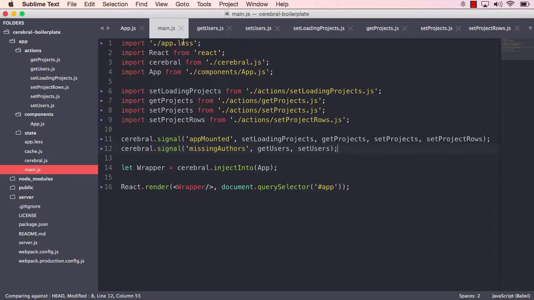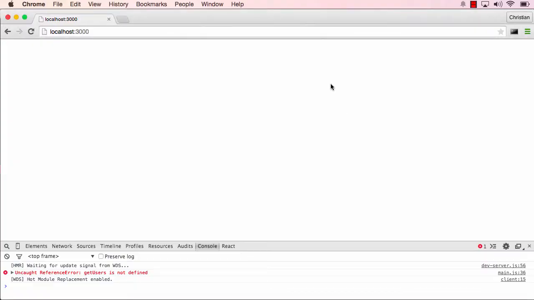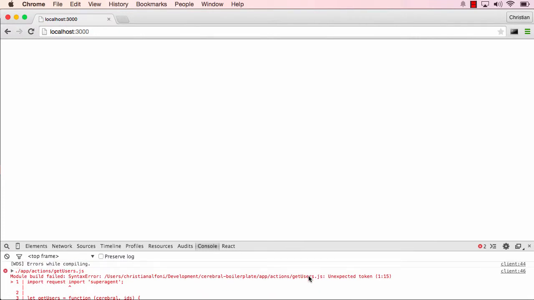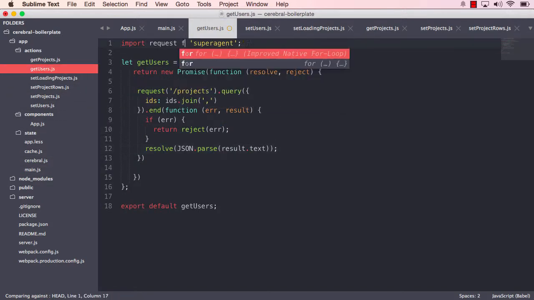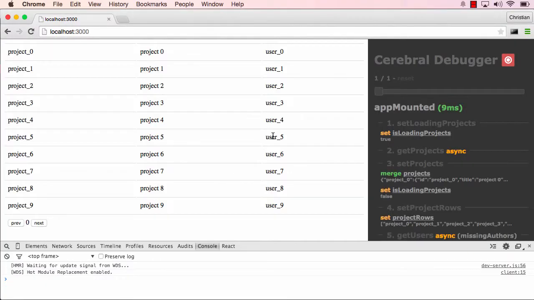Oops, I forgot to include these two new actions. Let's see. It was get users and set users. Okay, let's see how this looks now. And we got another error. Request import. That's not right. Get users from. There we go. Okay, so now we can see that we got our